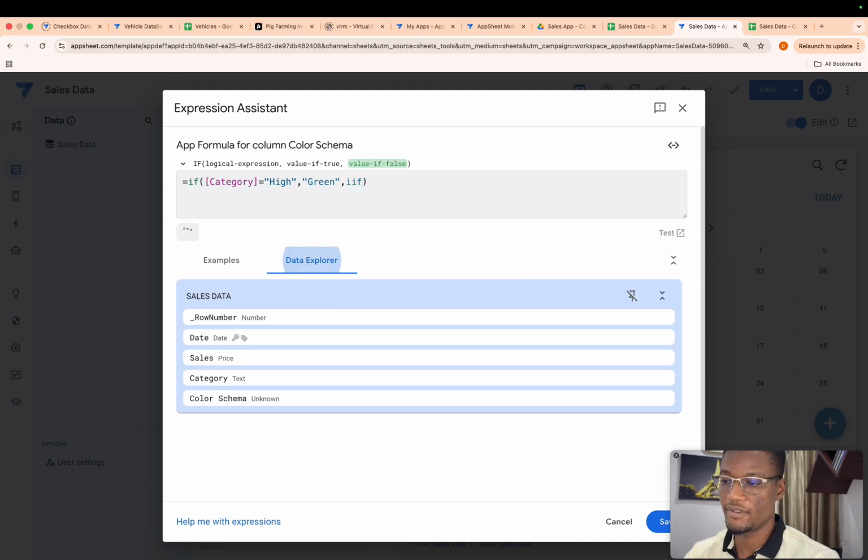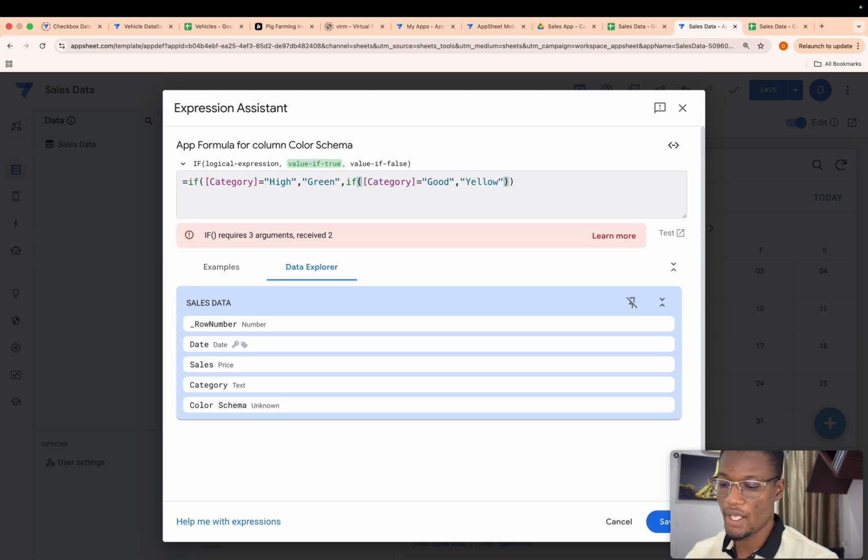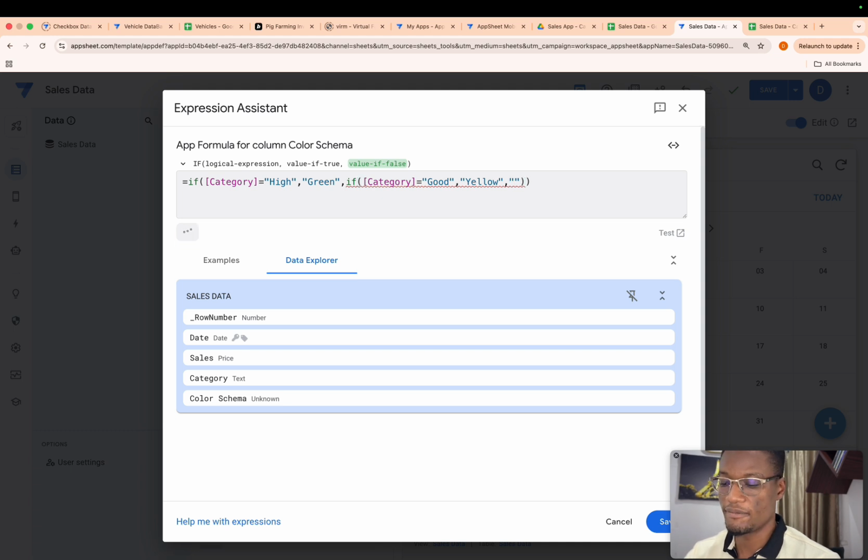If category is equal to good, which is also medium, I want you to give me yellow. Otherwise, I want you to give me red. You can use the if function to do that.